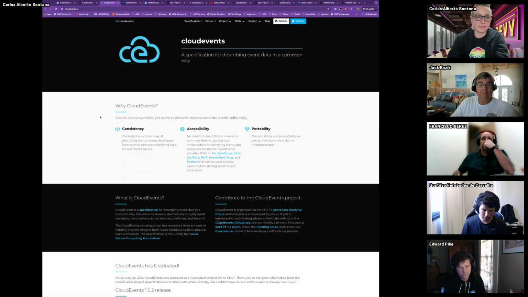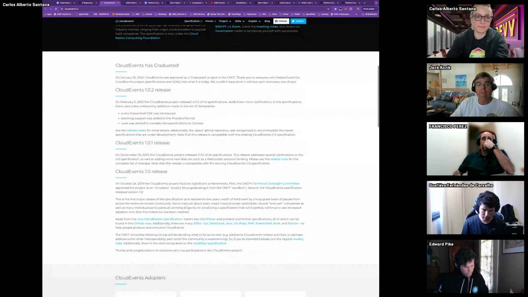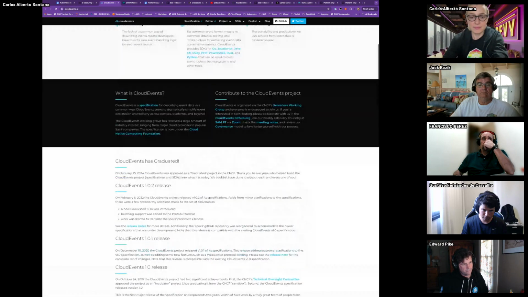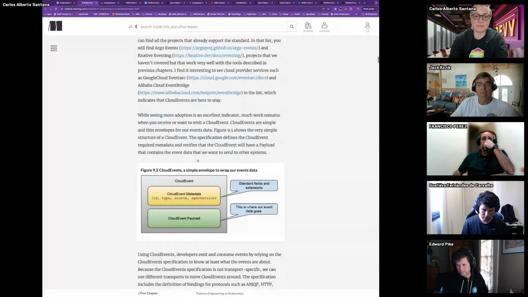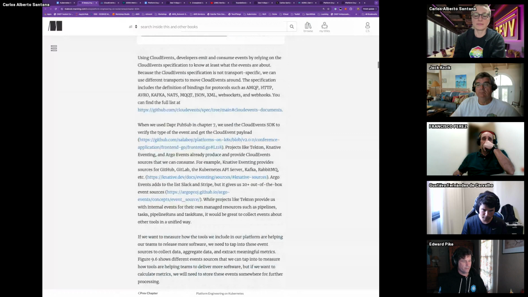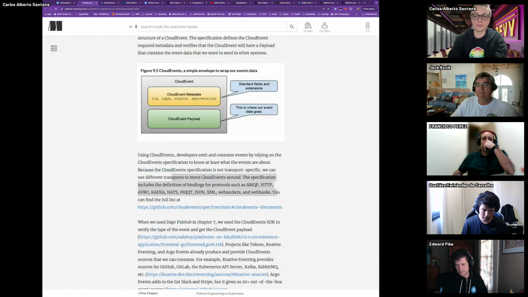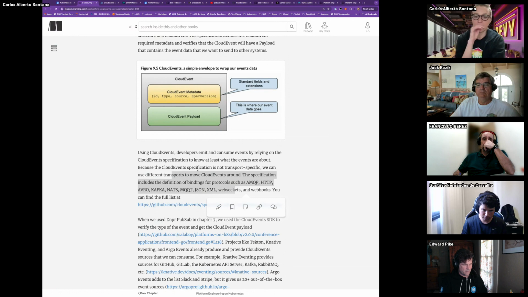This is cloud events. It's a specification. It has some SDKs for libraries, like the schema and the payload, and how to package that. It has a diagram here somewhere. It works with HTTP, Kafka, and the cloud event specification works with AMQP, HTTP, Kafka, NATS, JSON, XML. So they have ways of the transport specification, and then the fields.